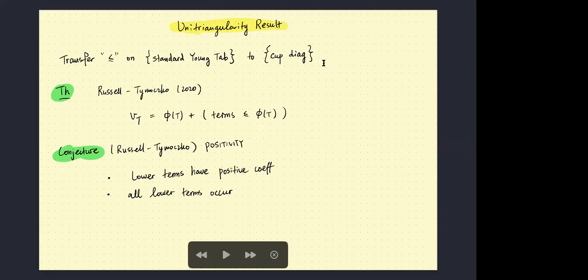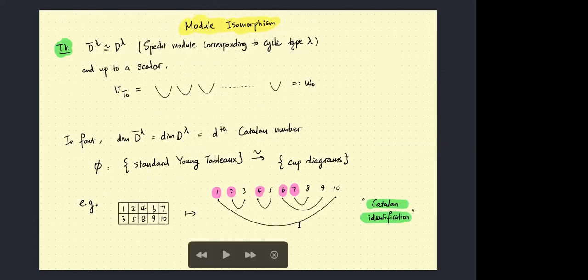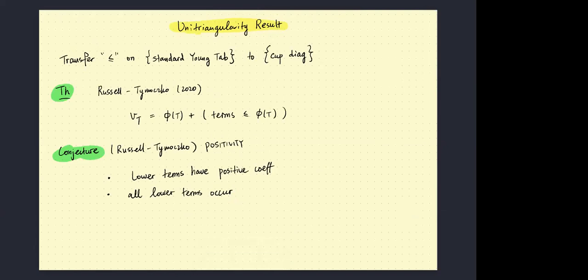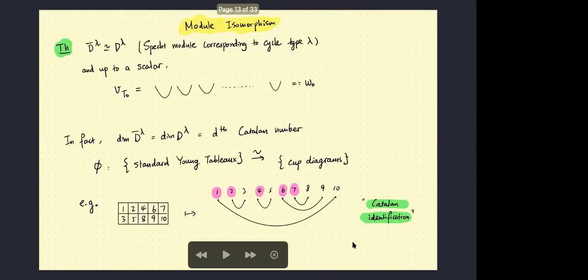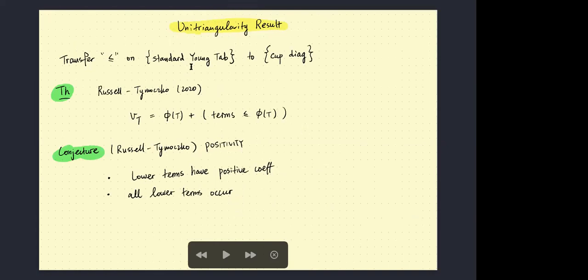On the cup diagrams, you can compare them just by looking at their counterparts using this Catalan identification over on the tableau side, and then comparing them over there using that path thing, that refinement of the descent. So you can transfer this partial order over to the cup diagrams. And what Russell and Tymoczko did was they studied the combinatorics and reached the conclusion that if you send a polytabloid over,